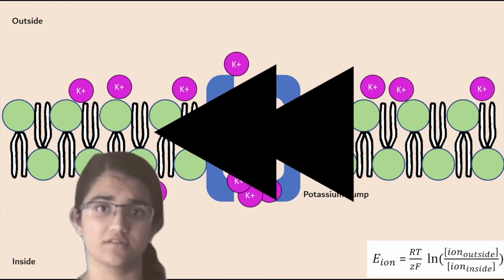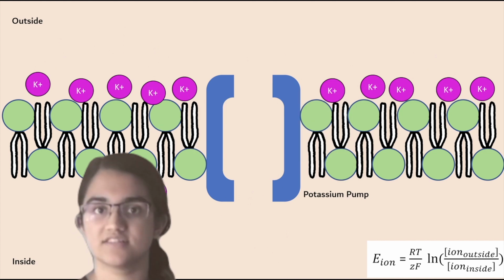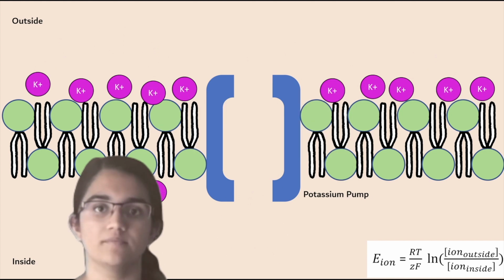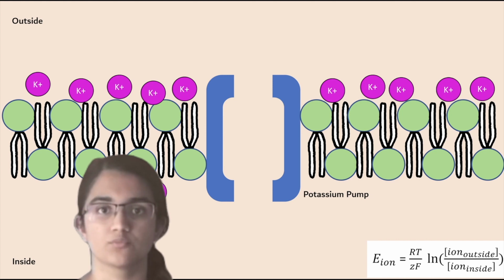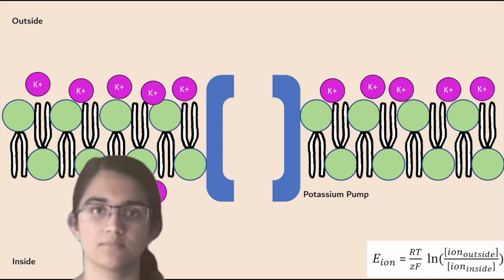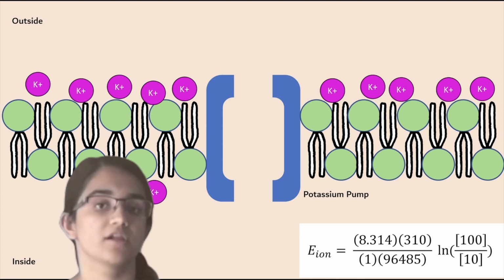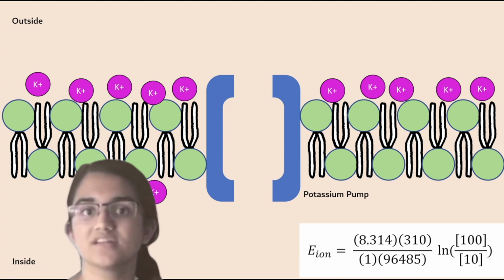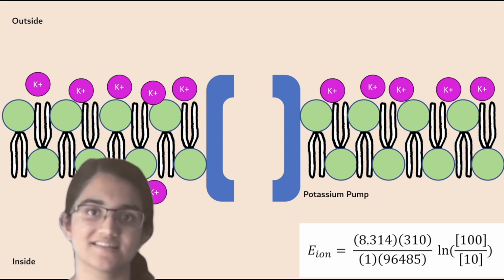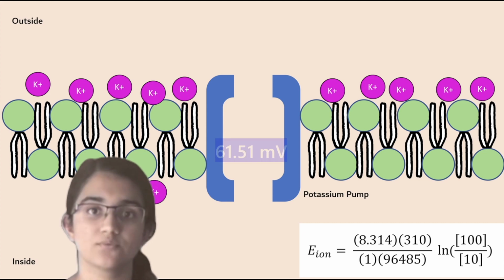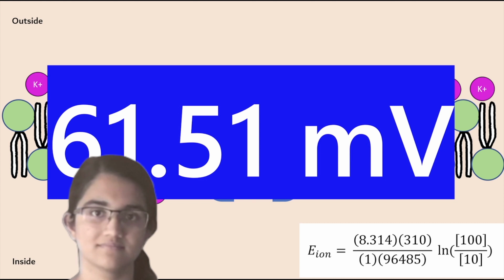So let's reset everything. We'll say that Z, the valence of potassium, is 1, and that the absolute temperature is 310 Kelvin. Furthermore, we'll put 10 millimoles of potassium inside the membrane and 100 millimoles outside of the membrane. Plugging these numbers into the equation, we can see that the Nernst potential for potassium in this scenario is 61.51 millivolts. That membrane potential gets sent off as an electrical charge to perform a certain task, like having you